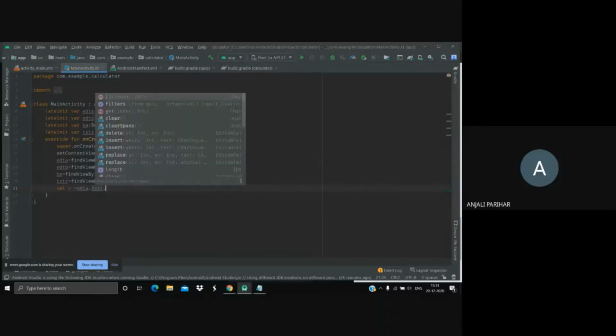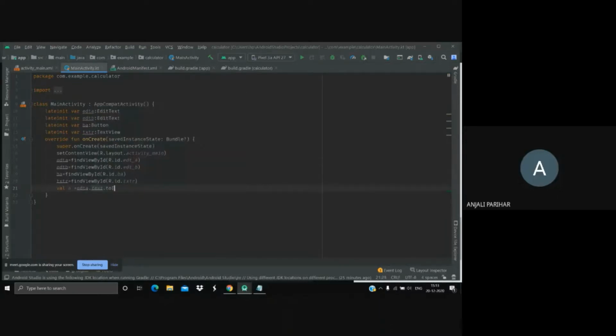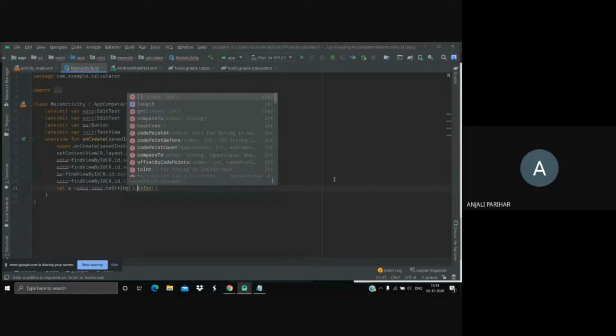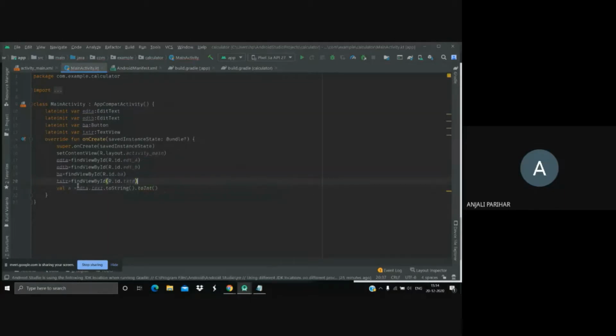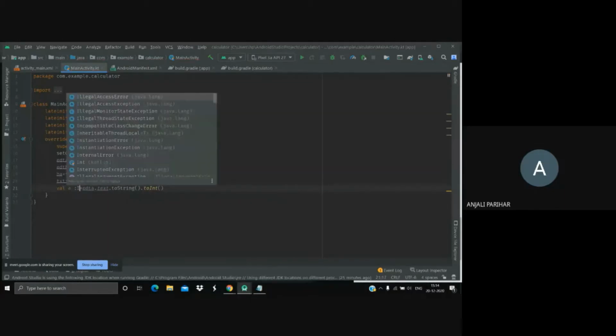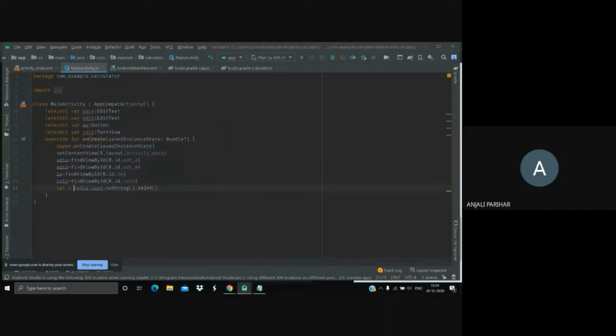And how I would do it is to convert it to int. First thing I need to do is convert to a string, then to int. Now, this is not strictly needed because Kotlin is a strongly typed language, but I can.